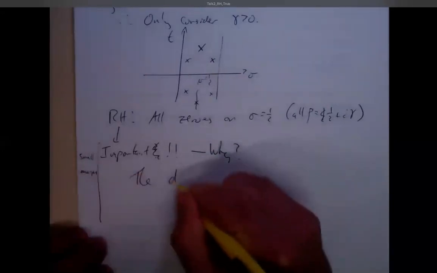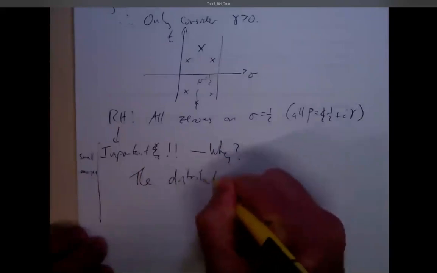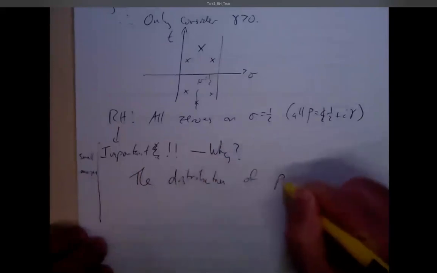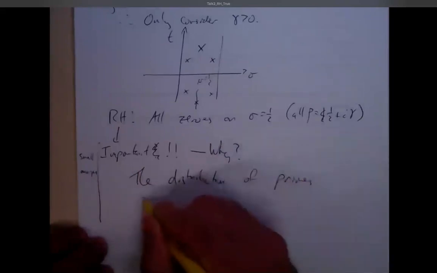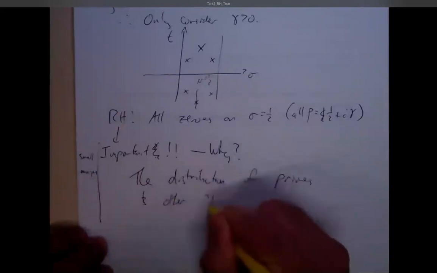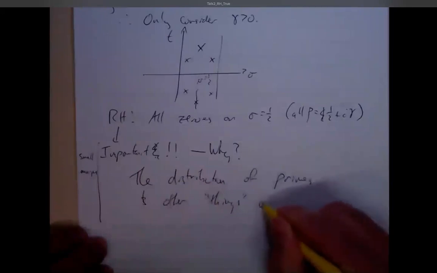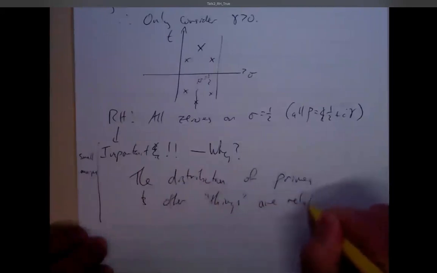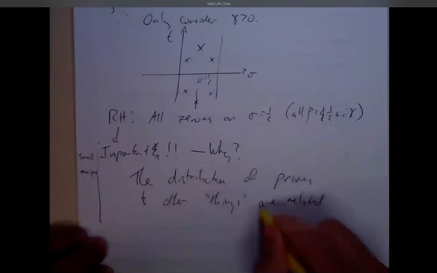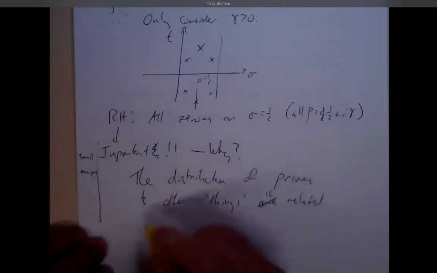So why is it important? Well, that's a good question. Everyone says it's important. Well, it's important for all manner of reasons, but I'm just going to focus in this talk on the distribution of primes, and other things, right? We can talk about other things. We'd have a whole seminar series about what these other things are. But if we just focus ourselves on primes, then the Riemann hypothesis is exceptionally important.